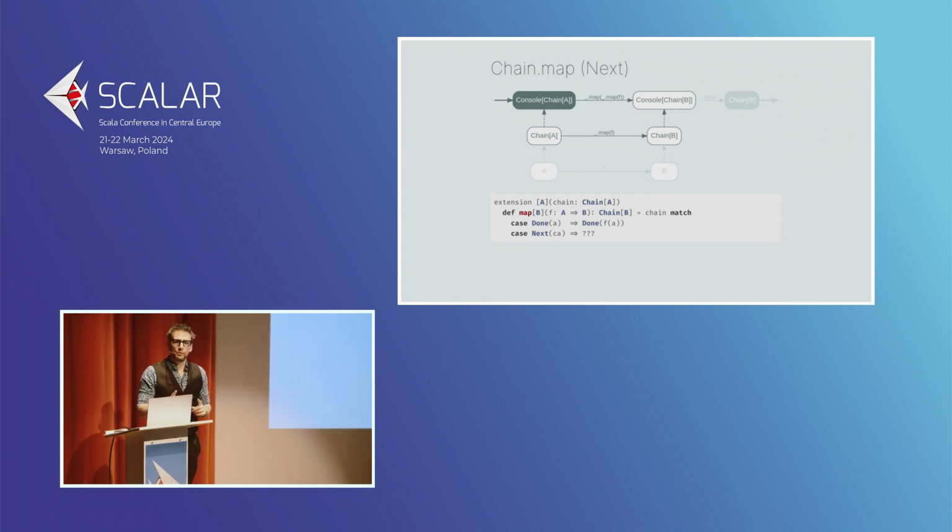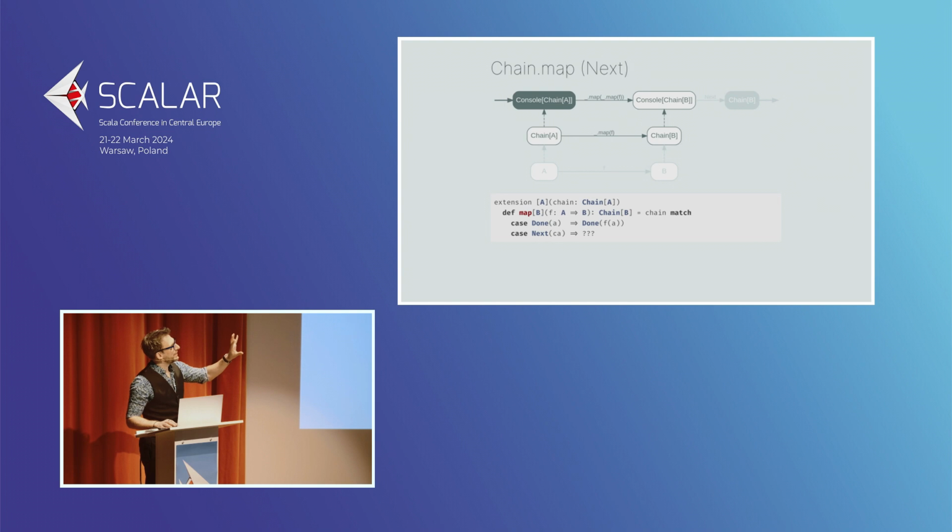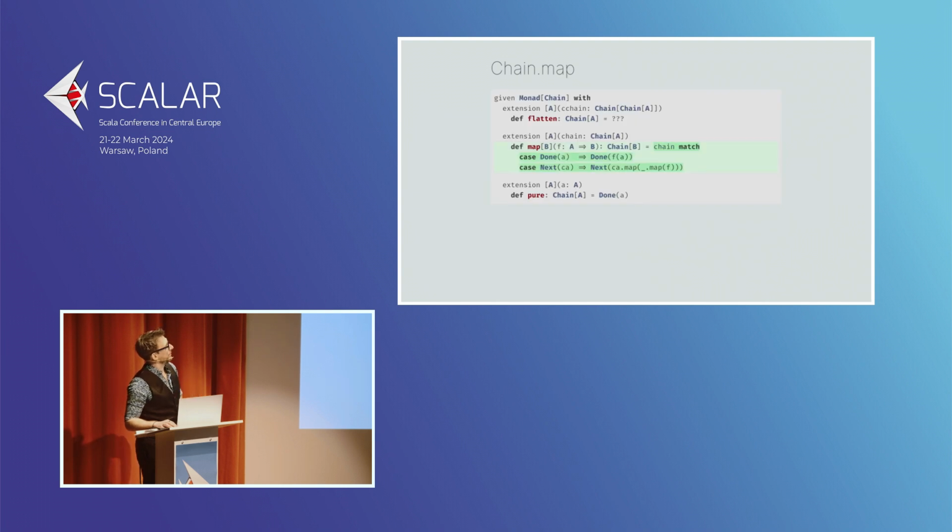In order to do that, though, we would need for cons to be a functor. I'm just going to leave that as a goal that we're going to discharge a bit later. Obviously, cons is a functor, but we're going to have to prove it later. We're just going to assume it for the moment. So if cons is a functor, then the solution of our problem is very easy. We get that, which allows us to write this implementation, and now we can finish with flatten.